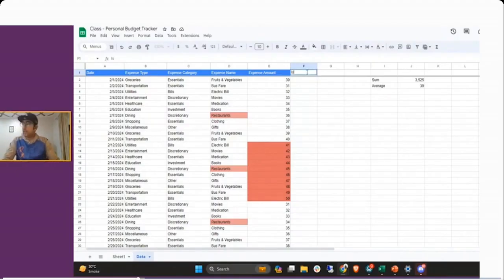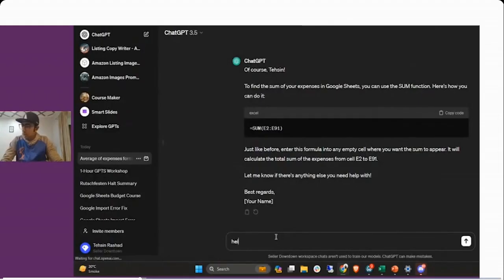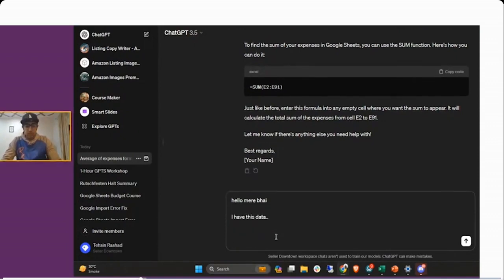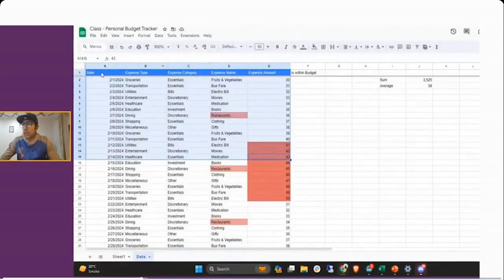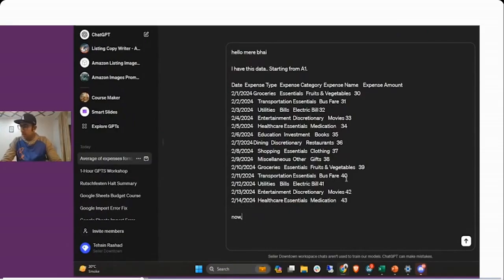Okay, great. I want to find out if it is within budget. My budget for any expense is only $40. And I want to make sure that I flag everything that is above that. So here's what I'm going to do. Copy it. I have this data, starting from the column A1. Data is this. Now, please make me an